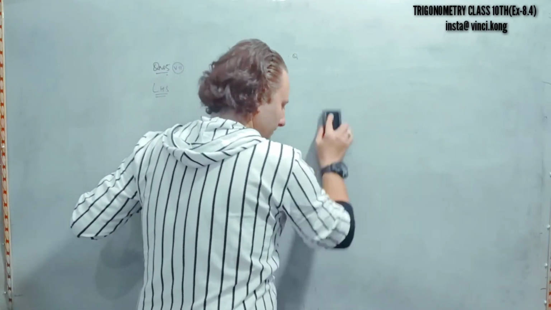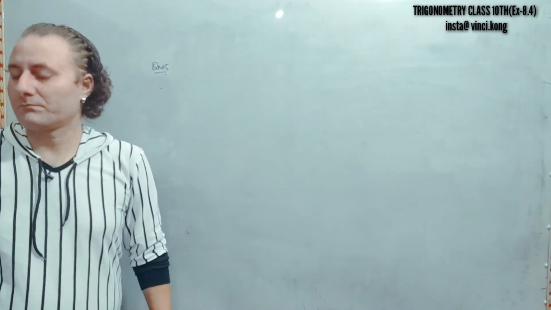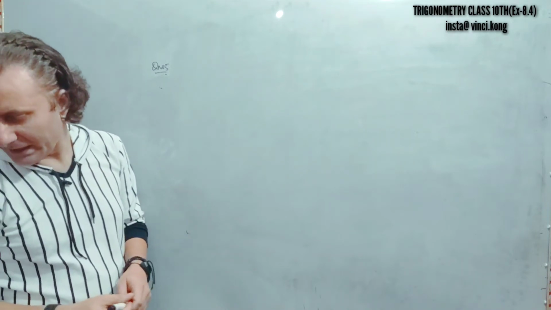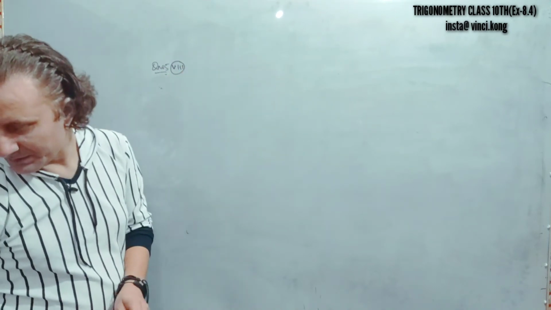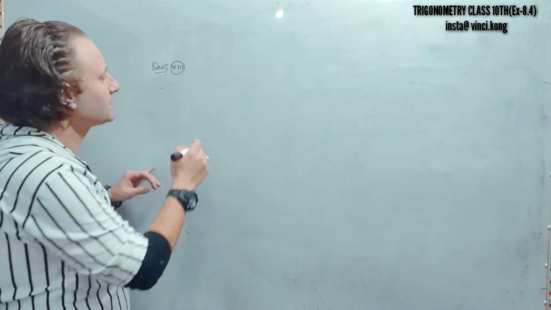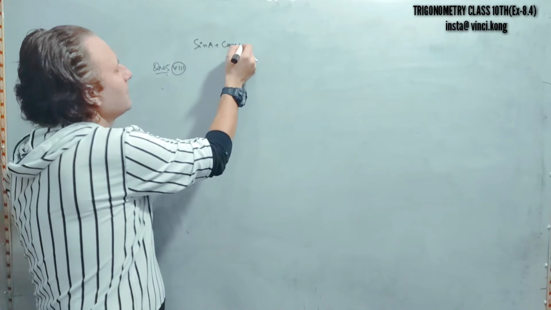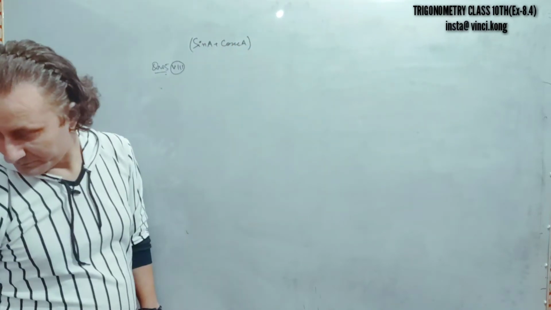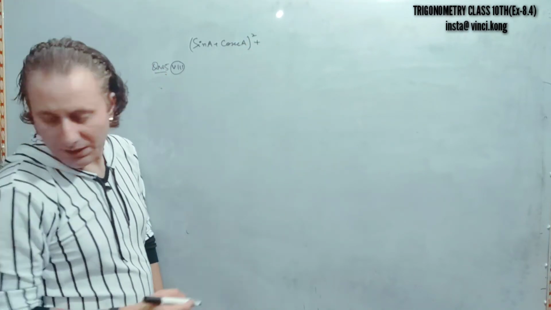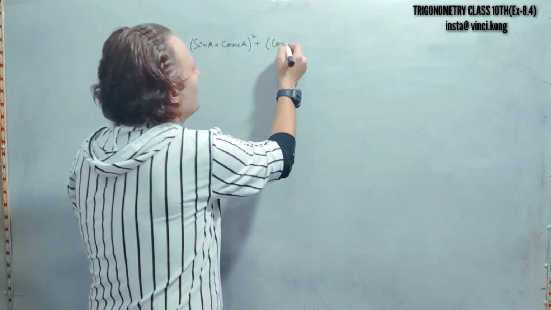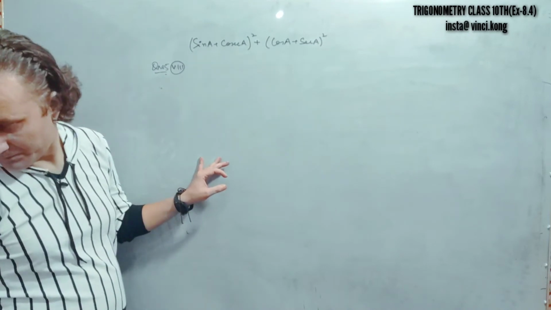We have 2 more left. So part number 8 now, it says (sin A + cosec A) whole square, then (cos A + sec A) whole square, is equal to